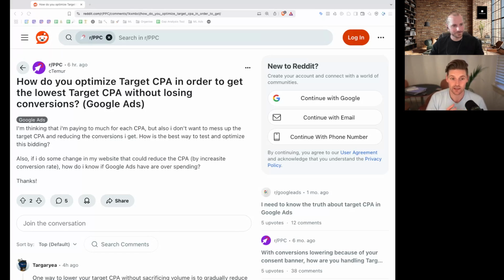But then after the keywords and search terms, you want to be looking at your locations, your devices, your demographics, your ad creative, all these things that do influence the outcome, because your CPA is cost per click divided by conversion rate. So the conversion rate will increase with the performance of the website, the landing page, and/or the quality of the traffic with a higher intent. So there are so many factors here that you can pay more for traffic, but because you're getting higher intent traffic and you've got a good landing page, your CPA will actually drop.